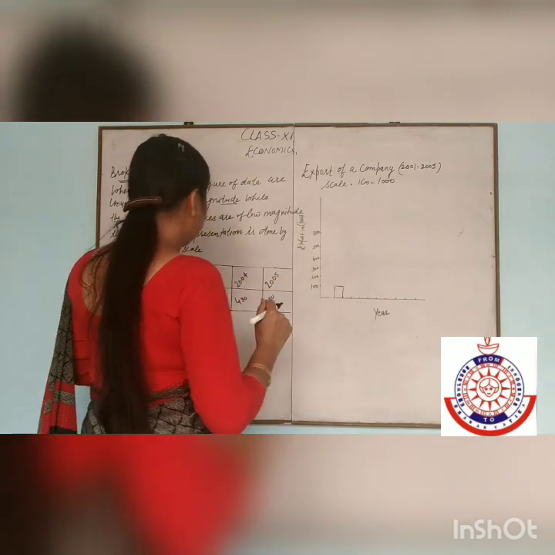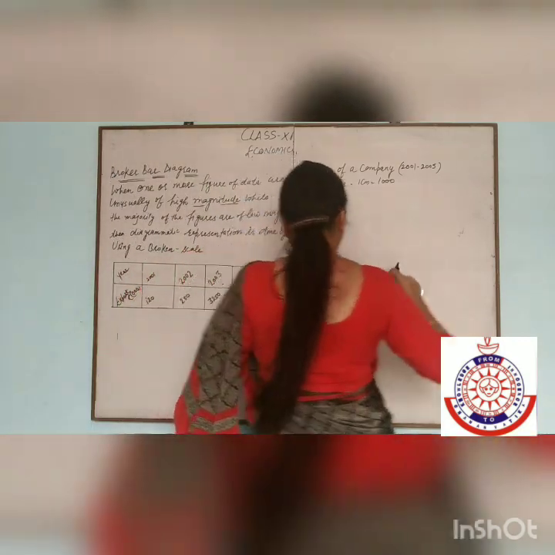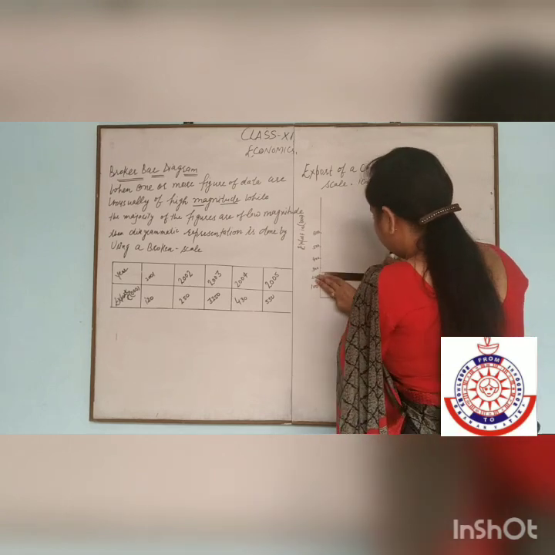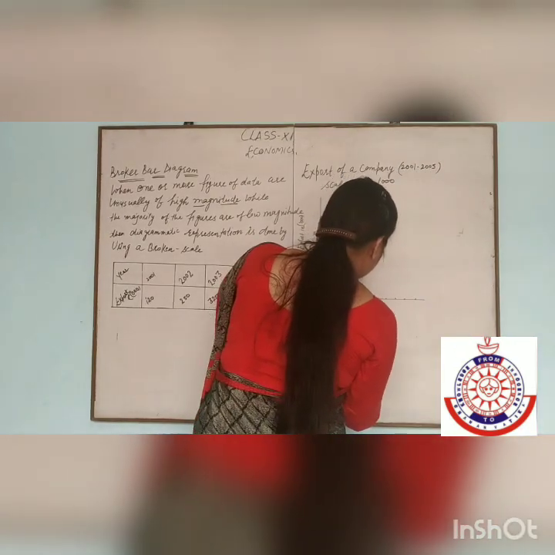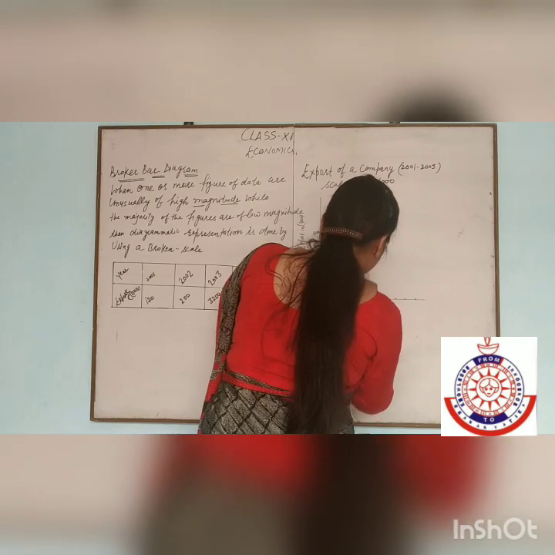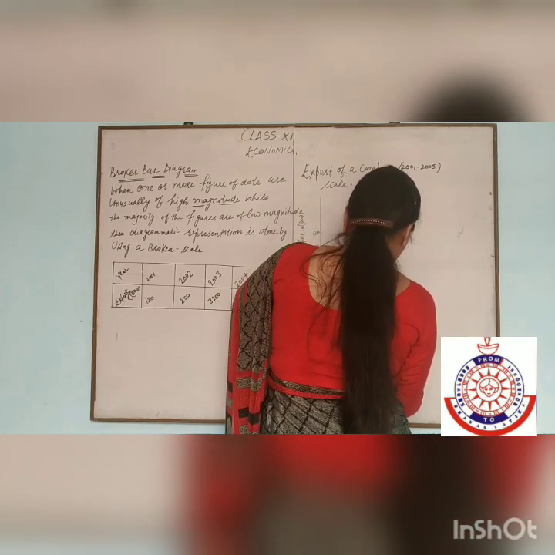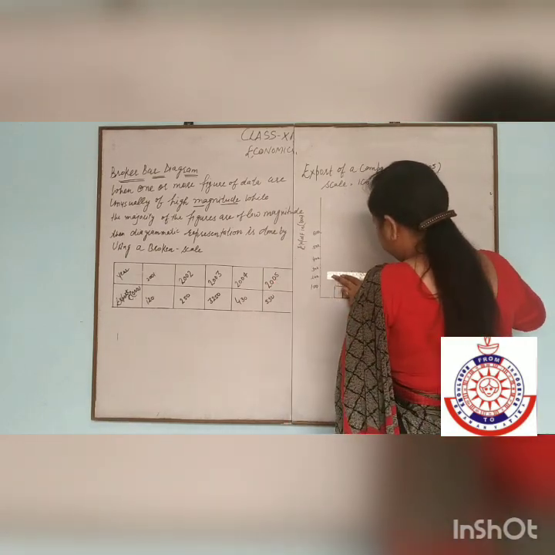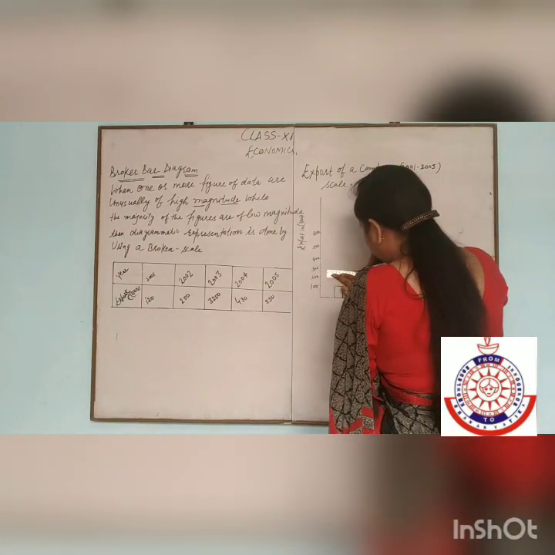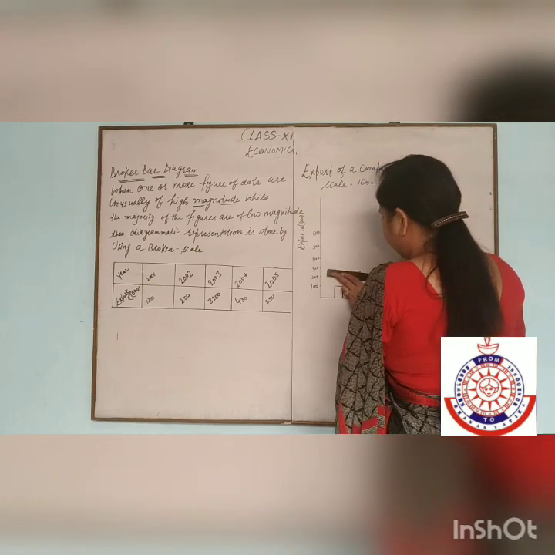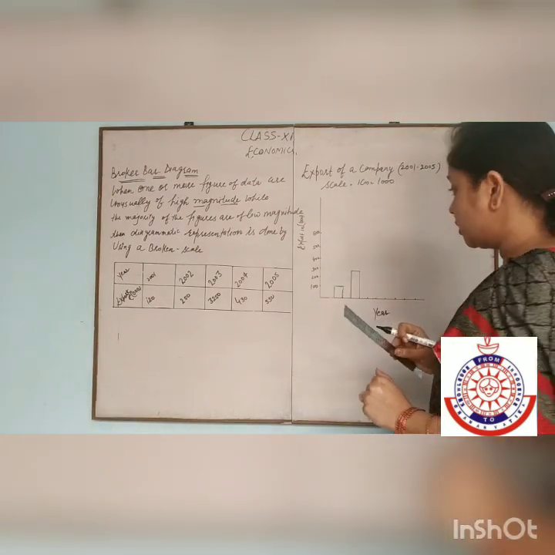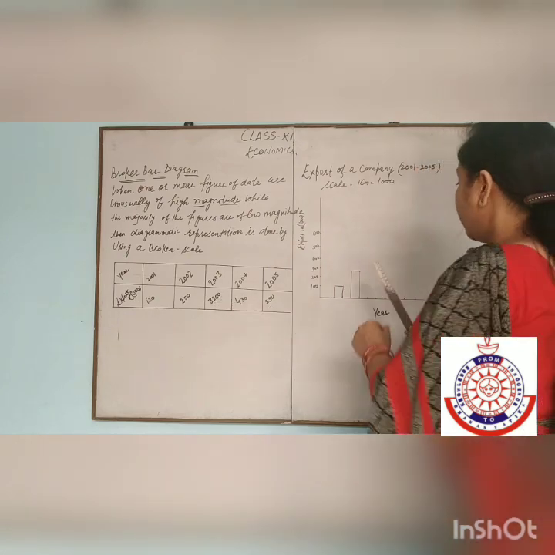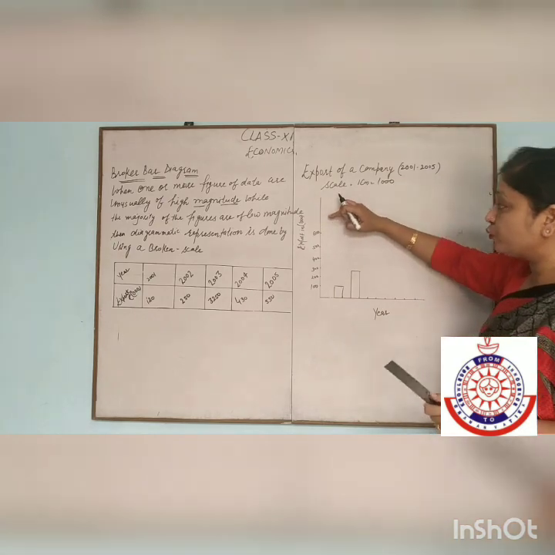This is 120. After that, 250; 200 is here. It means this is our 250. We will take 250 here. Third value is 3250. Here we will not show the 3250.